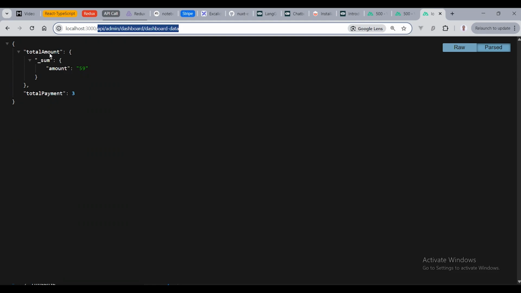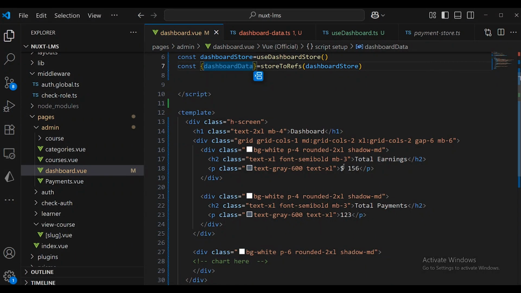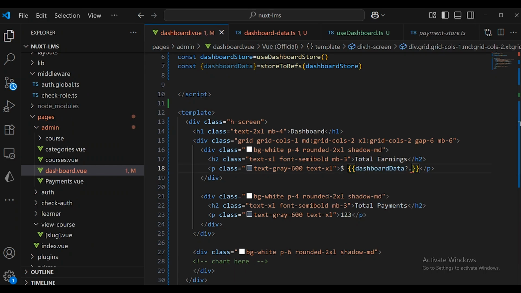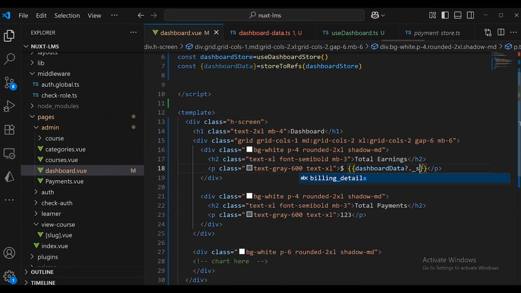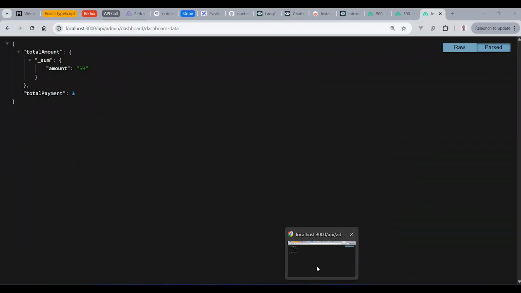We return here an object which is the total amount, and so we have here the sum. Now we're gonna get access to that, and here we're gonna pass dashboard data. Then you can see inside the browser we have sum, and we pass sum like this. Let's check again that amount, and we have the total